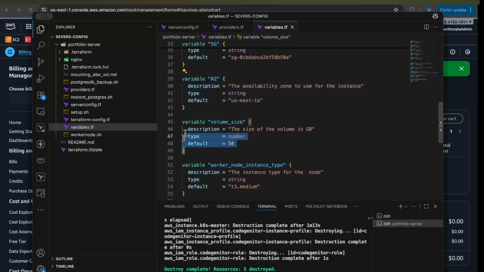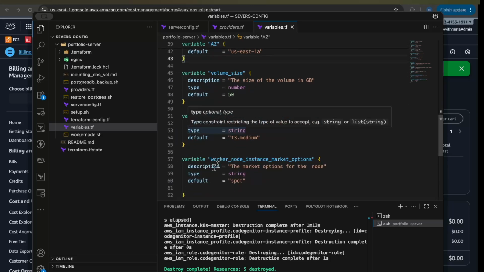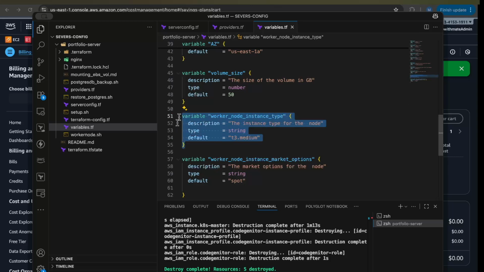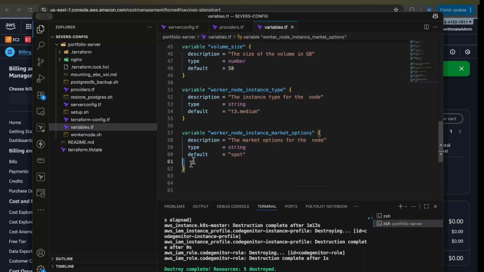Again, we also want to attach a volume size. I need a volume capacity of about 50 GB. And then the next thing I did was set up a worker node instance type, which is going to be a T3 medium, because this is where almost all my applications are going to run. So I need a higher capacity for it. And then the type is going to be a spot instance, because actually